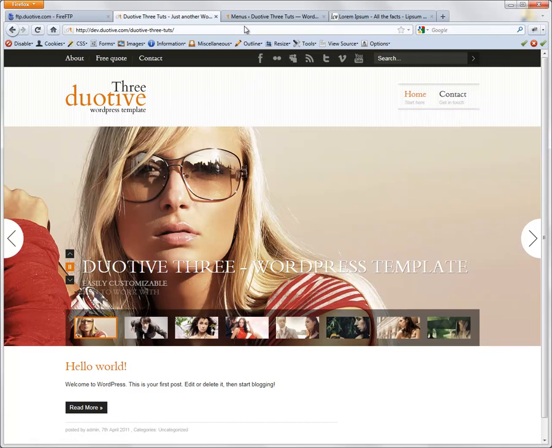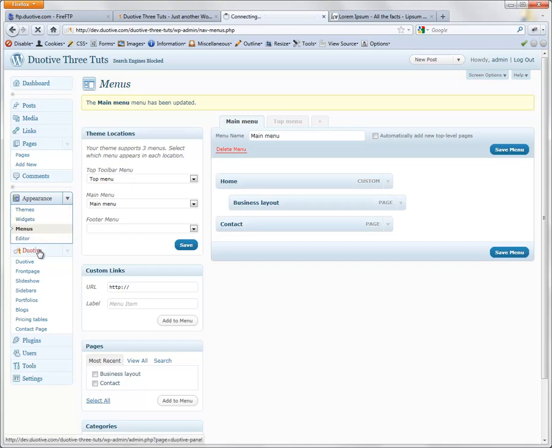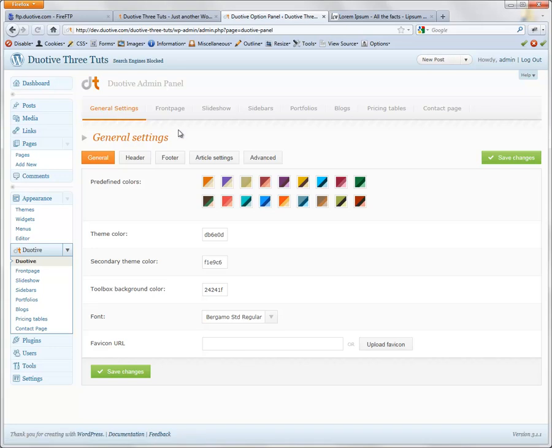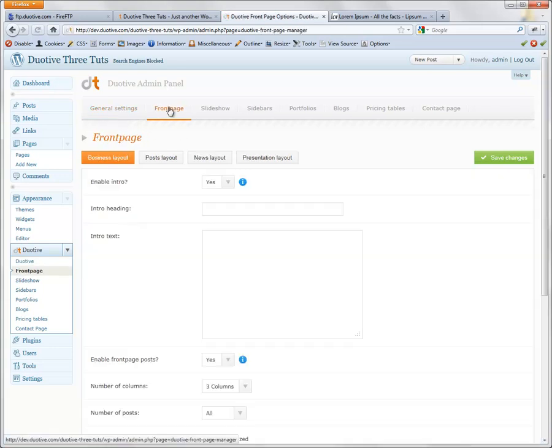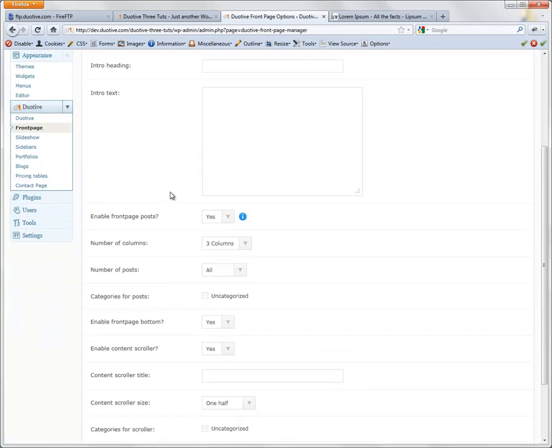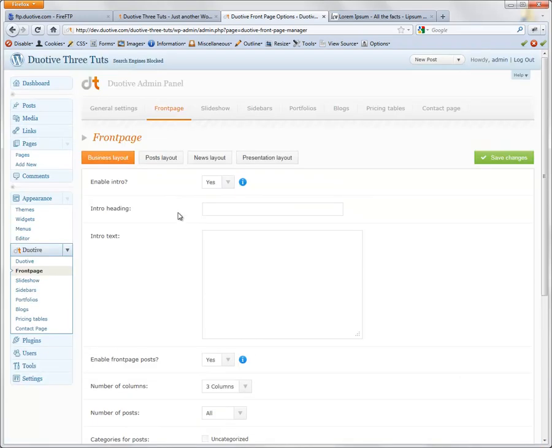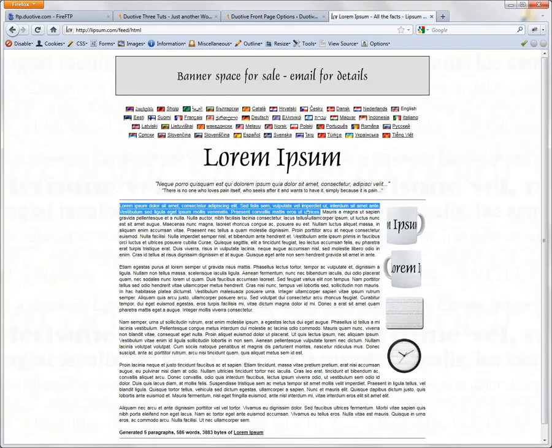All we have to do now is set up the front page options. So I'm going to click on the Duotive admin panel, click on the front page, and on the business tab we have these options, and now I'm going to go through them and fill them out and explain them as well. So the first one is enable intro. This by default is set to yes, so we're going to have to insert a text here. Let's say welcome to Duotive Three. I'm going to paste in some lorem ipsum